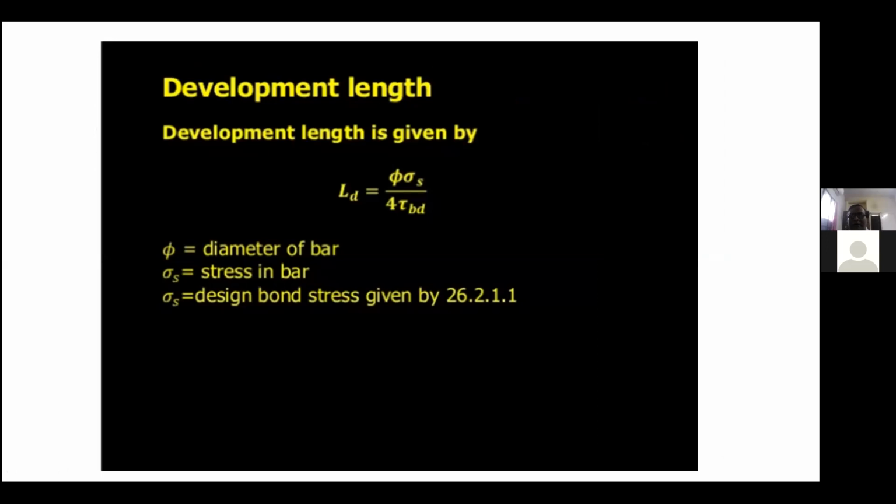Both bars need bond length for both compression as well as tension, because I already told you we are providing steel in both zones, the compression zone as well as the tension zone. So we have to calculate the bond length requirement for the compression zone, and we have to calculate the bond length required for the tension zone. The tension zone bond length will be more when compared to the compression zone length. Okay, tension zone length will be more.